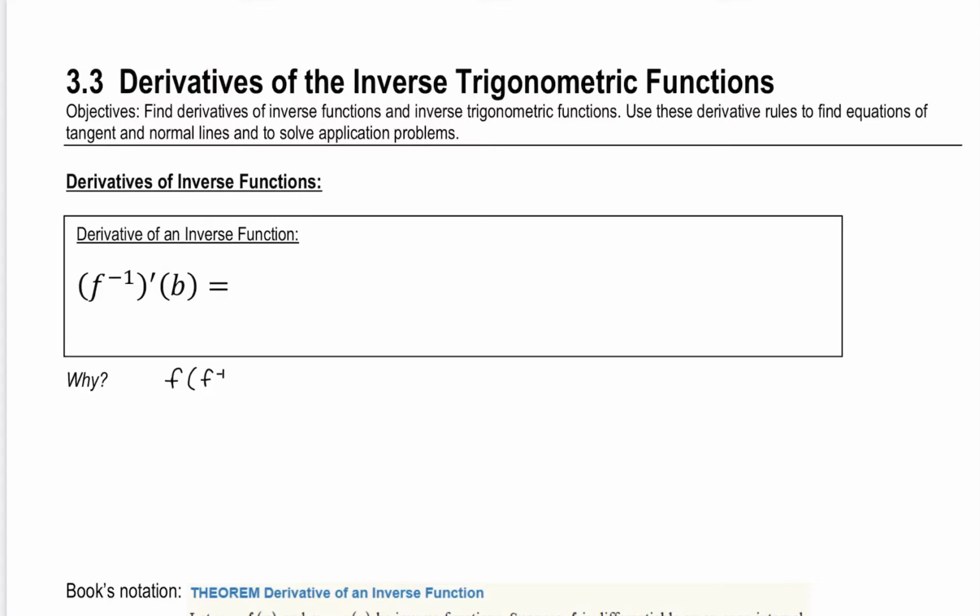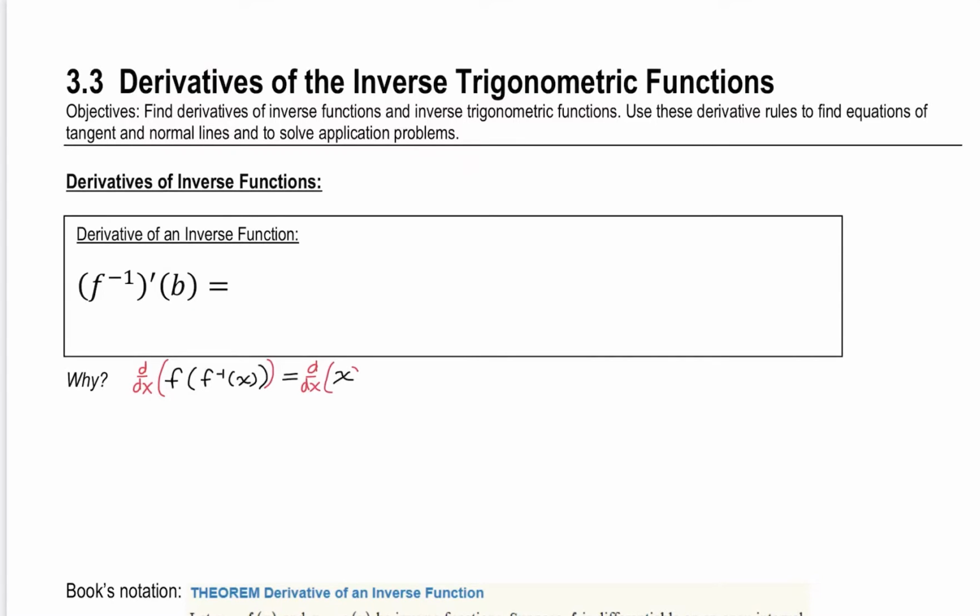and form the composition of f inverse of x, let's say. And hopefully you remember that the defining property of inverse functions is that if you form either of their compositions in either order, you always get back to essentially where you start. So let's say back to x in this case, for any x. So let's work with this relationship and say, well, let's just go ahead and take the derivative of both sides